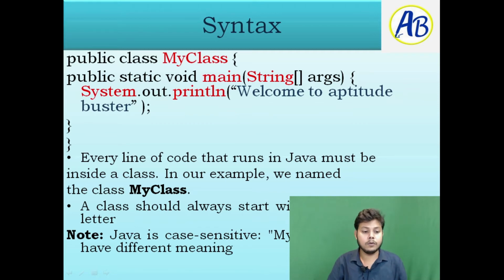So what happens if you have a different class? You must connect that class with the main class also. Because when the compiler runs, it doesn't care about another class, it will run only the main function. Listen to this carefully: when the compiler runs, it only executes the main class. If your different classes are connected with the main class, then only they will execute, like that a coding line will execute if it is connected with the main function or main class.